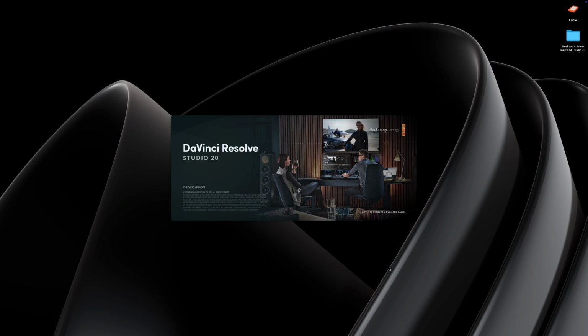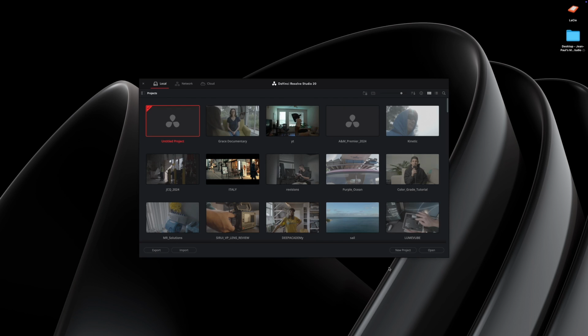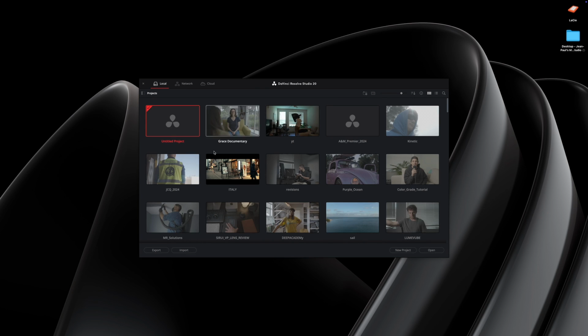First thing we're going to do is, of course, we're going to open up DaVinci Resolve. If you haven't updated, it's already on DaVinci Resolve Studio 20, which is the latest version. I have a bunch of projects right here. So what I'm going to do first is I'm going just to create a new project